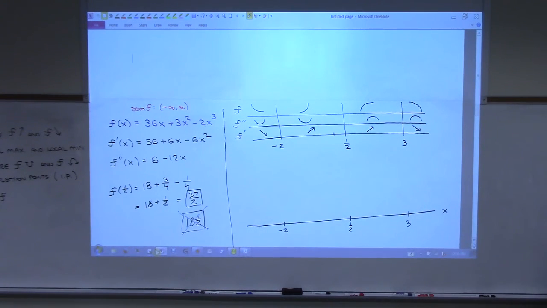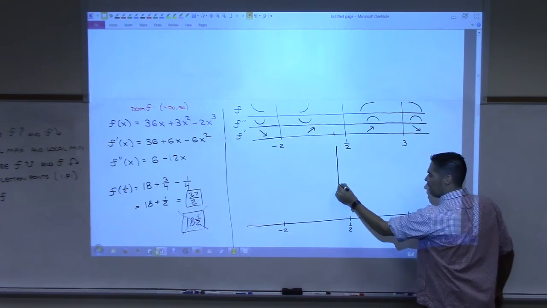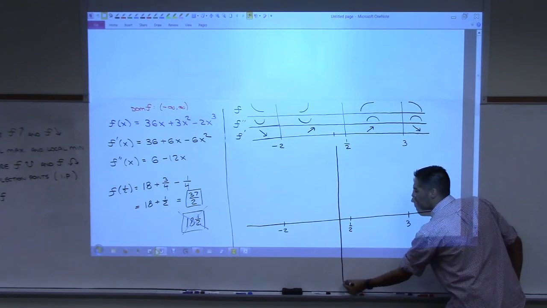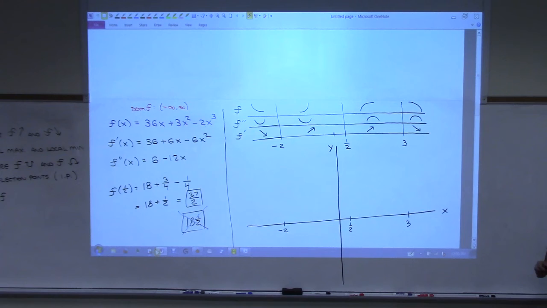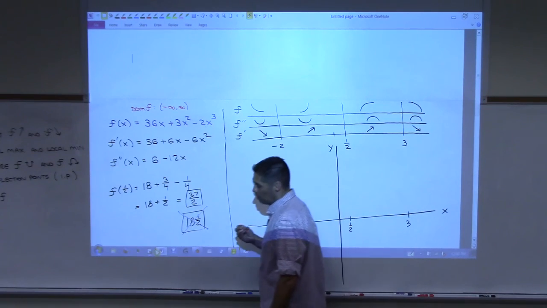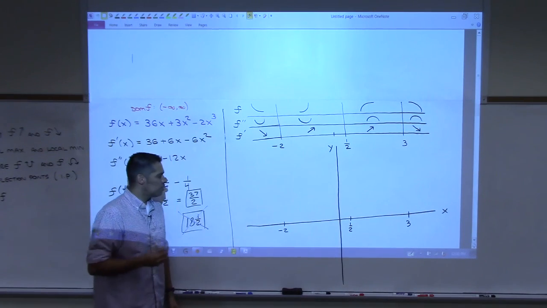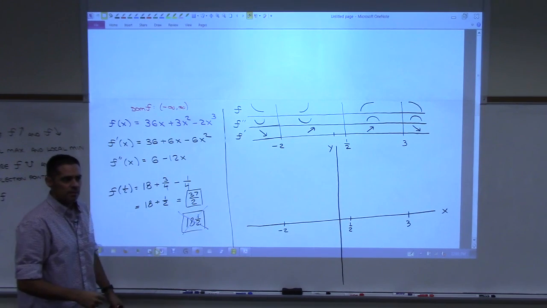Now where's my y-axis on this thing? At 0, right? So here's my y-axis. Now these 3 numbers are critical numbers, right? They are critical. It would be great if I actually could plot them, like where are those points? But we already